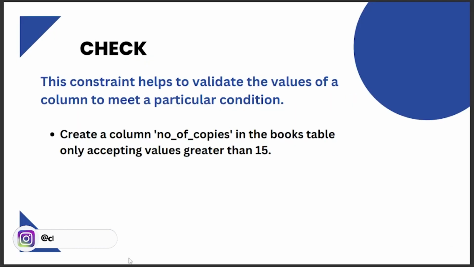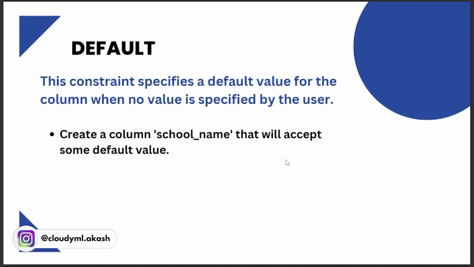Okay, so check constraint we have applied. Now next is the default constraint. This constraint specifies a default value for the column when no value is specified by the user. Okay, so we have seen in the insert command that we specify the column names while inserting values. But if someone fails to specify the column name, then it will put this default value, which is the pre-decided